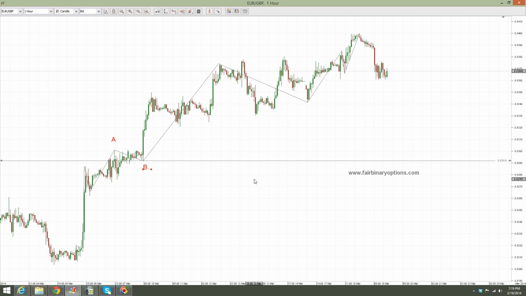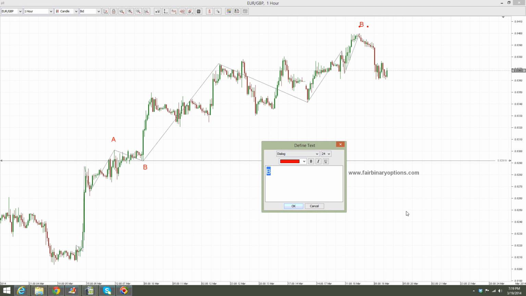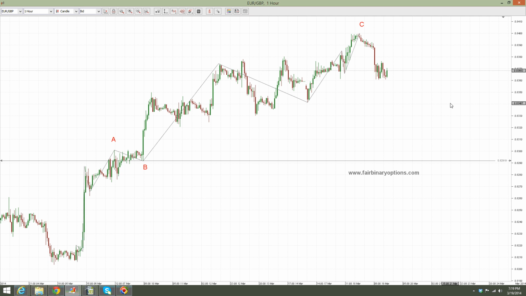And then we're looking for the C wave to the upside, and this C wave needs to have a 5-wave structure, mandatory. Now, the 5-wave structure should be an impulsive move, but not any impulsive move is the impulsive move that you know from the textbook materials. This one is being called the terminal impulsive move, and normally